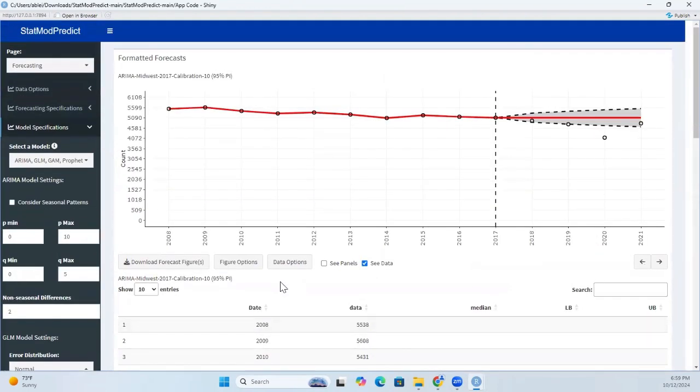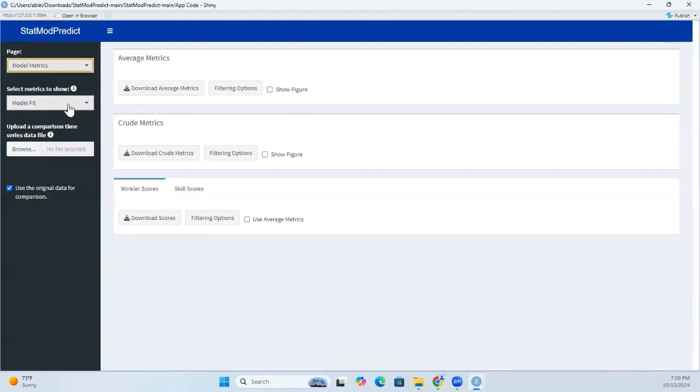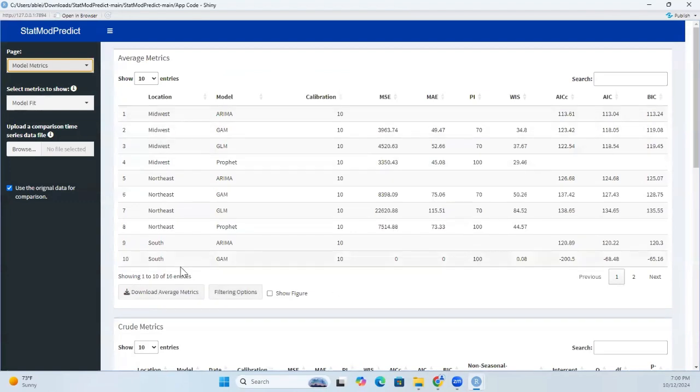So that is a quick overview of everything on the forecasting page. Let's navigate over now to our model metrics page. This is auto-populated based upon the forecast you just ran. So the model fit page, in this case, the select metrics to show model